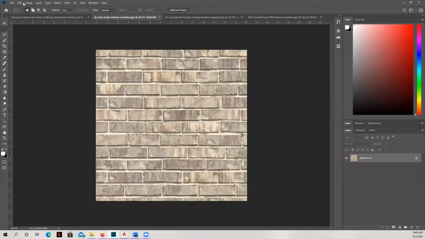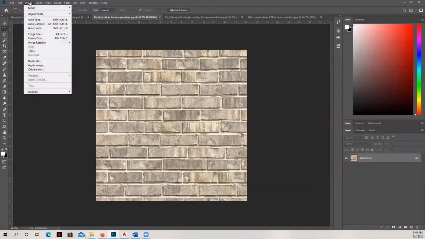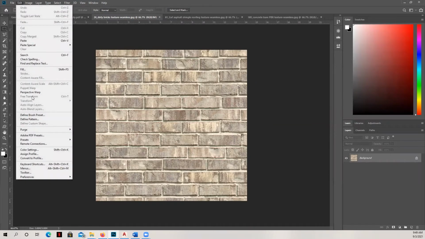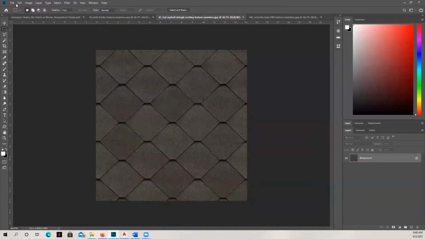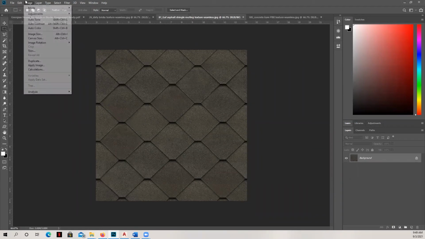And so as we've done in the past, I'm going to click on that image, and I'm going to go down to edit and define the patterns. And so it comes in with a file name, but I'm going to just rename it brick. And we will do the same thing with the roofing.